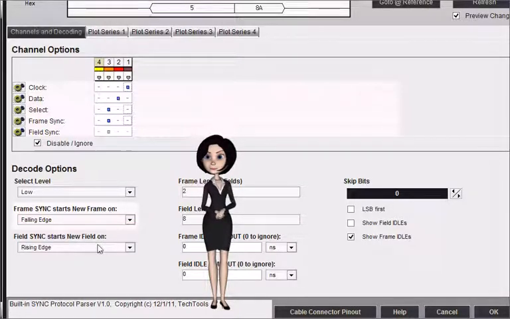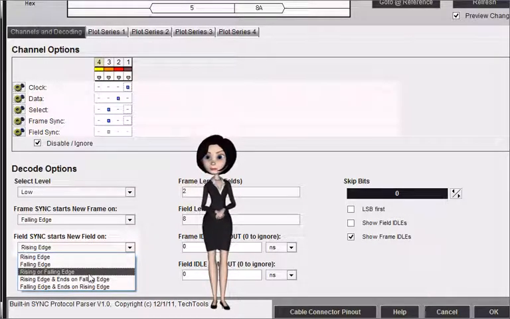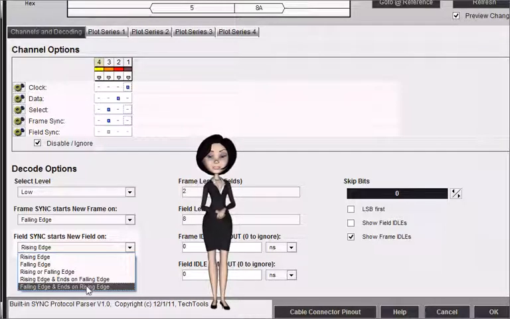The Field Sync option specifies how the field sync signal is used, if it is enabled. Rising, falling and either edge specifies what starts a new field, and terminates the current one. The last two options specify that one edge starts a field and the other edge terminates it. Any start field or start frame will automatically end the previous field. Specifying the end field just ends it earlier for aesthetics.